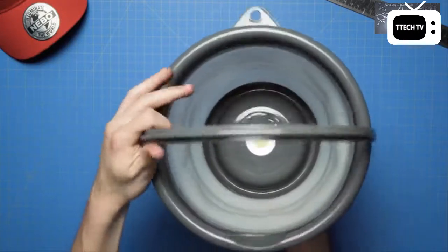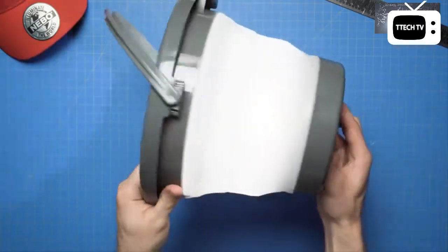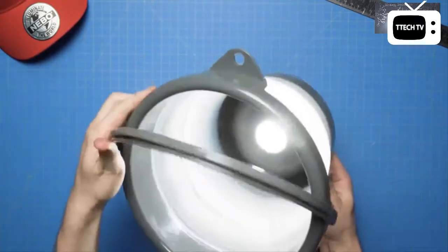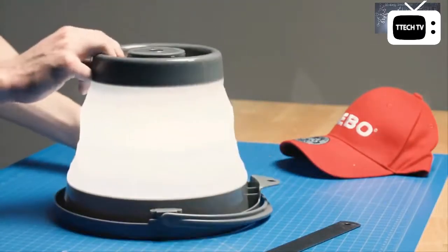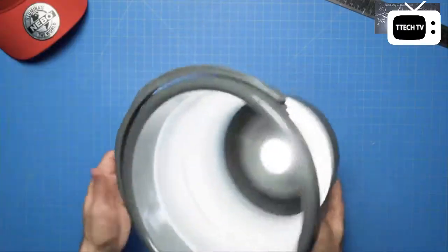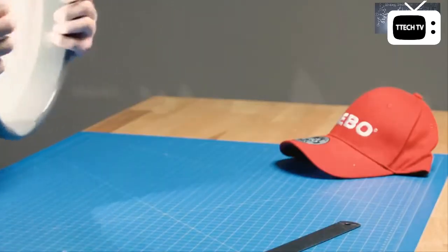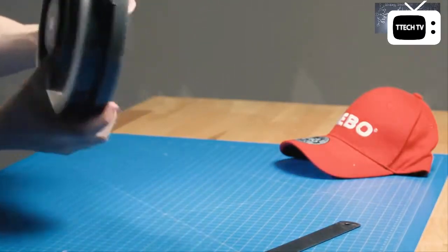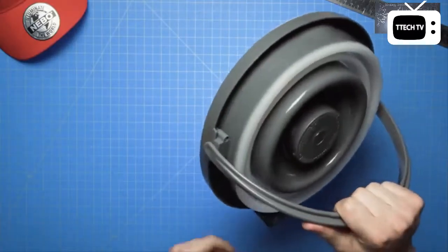The default way is to have the light pointed towards the bucket, so when you turn the light on, the bucket lights up. This is good if you have any sort of liquid or fishing bait in the bucket, or if you want to use the bucket as a lantern by turning it on its top. You could also use it in this configuration as a spotlight with the bucket expanded, or as a broader floodlight with the bucket collapsed. You could even swing the handle around to the back to use it as a handle,